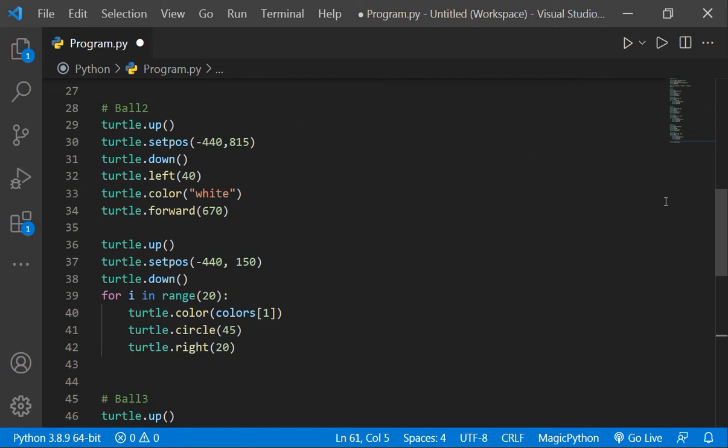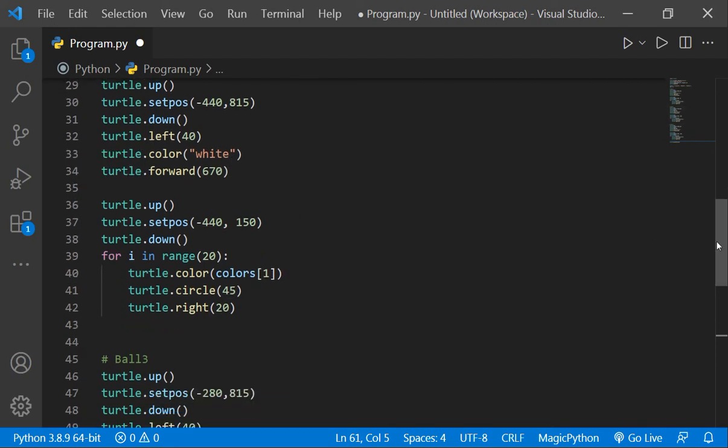As I told you in ball 1, forward will make the cursor, or we can say turtle pointer, move forward, and if it is moving forward, and here we have already written turtle dot down, it will make a line on the window, so it will move forward by 670.